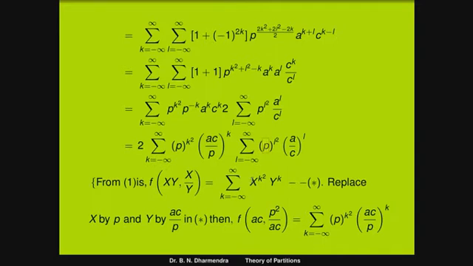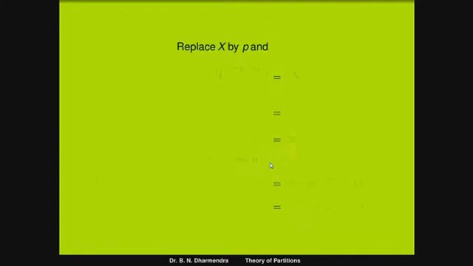Similarly, when I compare the second series with equation star, we can observe the LHS side of star and the RHS side of star, where x is equal to p and y is equal to a by c. So x into y is p into a by c. Again, x by y is p divided by a by c, that c goes to the numerator, so it can be written as pc by a. So we have to replace x by p and y by a by c in star.